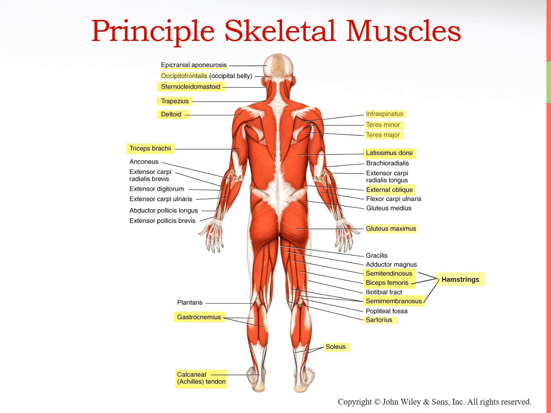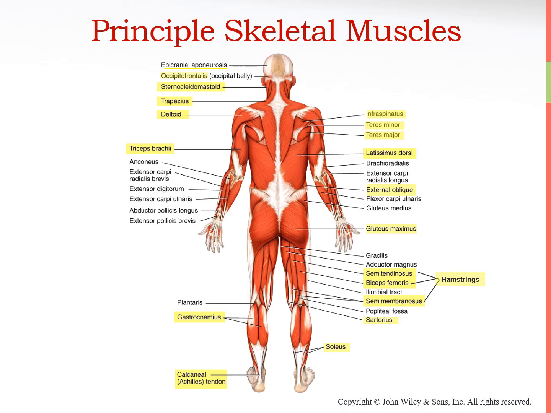Covering the buttocks, we have the more superficial of the gluteus muscles. This is the gluteus maximus, so the biggest of the three. It covers or crosses the hip joint, and the partner to the quadriceps femoris group anteriorly is the hamstring group posteriorly, or the hamstrings. So the hamstrings are made up of three muscles: the semitendinosus, the biceps femoris, and the